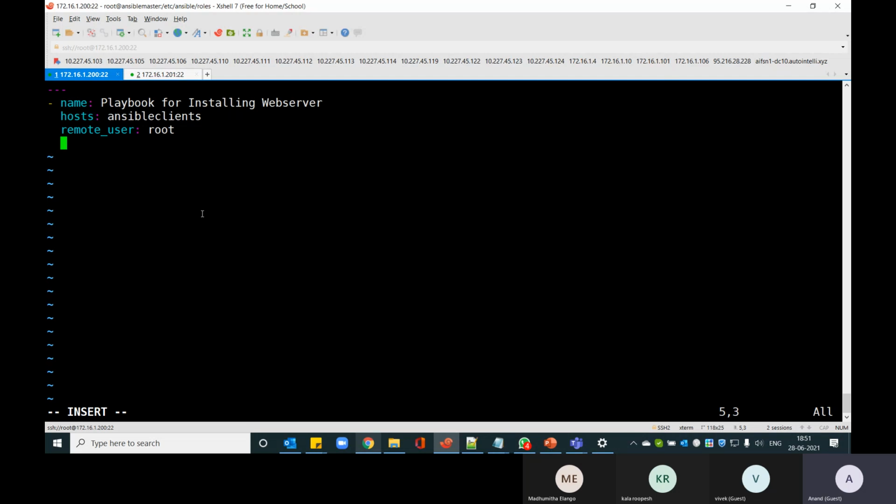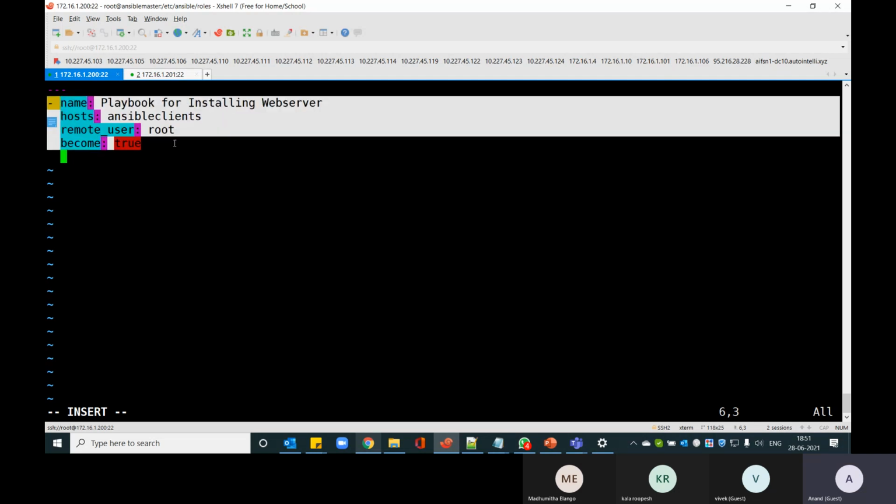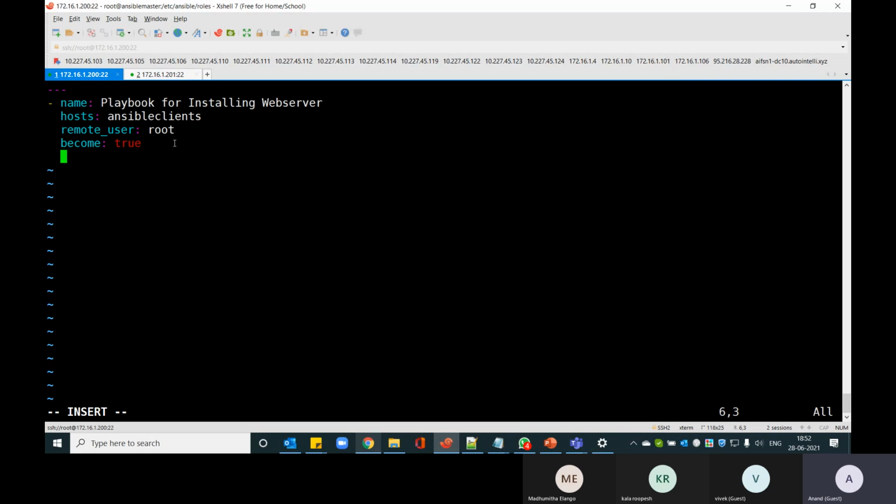And if we are giving a user other than root, you can always mention become user is root and become is true, so that it always uses the sudo command to run and execute your commands, right? And so this is the default section where all the generic details of the playbook go, like name, host,